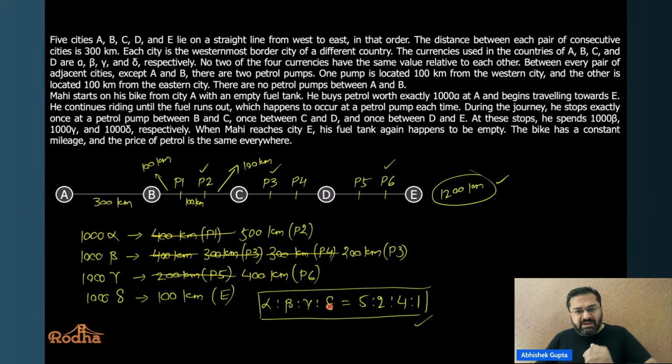Fine. So this currency, for example, if we compare alpha and delta, so alpha would be 5 times more valuable. Fine. So if you spend equal amounts in terms of units in alpha and delta, for example, this one and this one, then in this you'll get 5 times more quantity of petrol. And you can see this here in this 1000 alpha you travel 500, in 1000 delta you travel 100. Why? Because here and here, if you compare these two, you must have got 5 times more petrol, and this is obvious here. So alpha is 5 times more valuable as compared to delta, and that way we've got this ratio. Once we've got this ratio, we can answer anything from here.